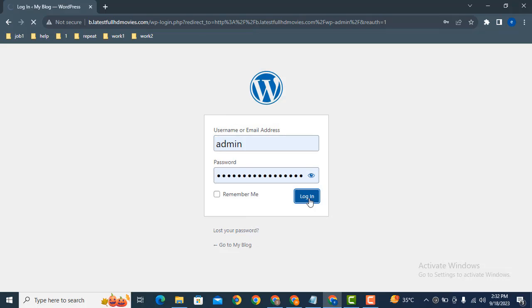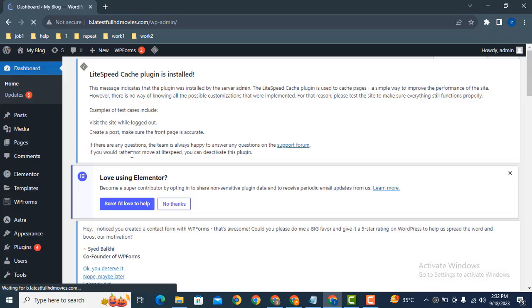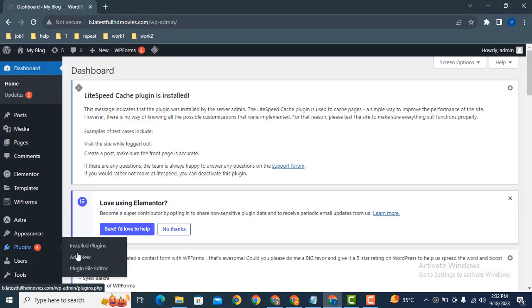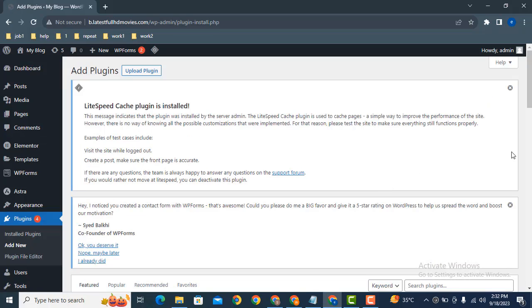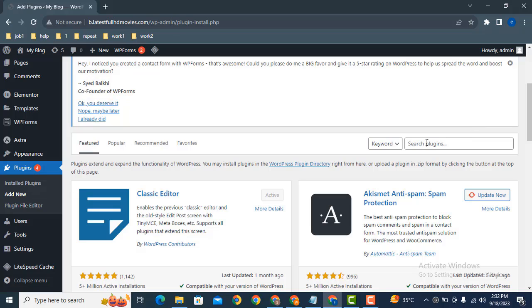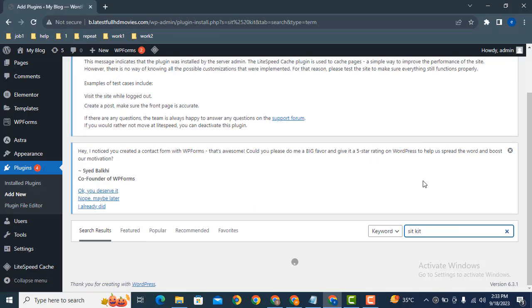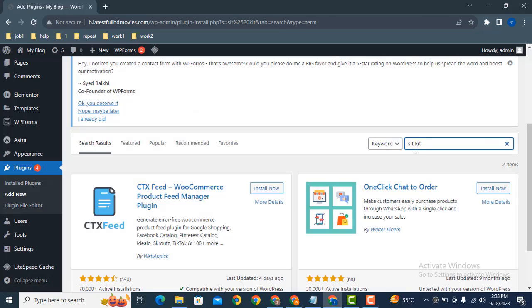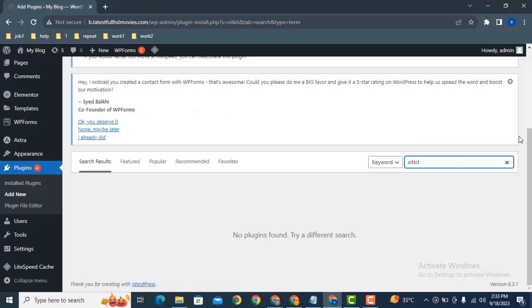Just add your login details, and after that, here you can see the dashboard. Just go to the plugin section and install a plugin. Scroll down, here you can see this is the WordPress directory that contains thousands of free plugins. Just search for Site Kit. Let's remove this space and